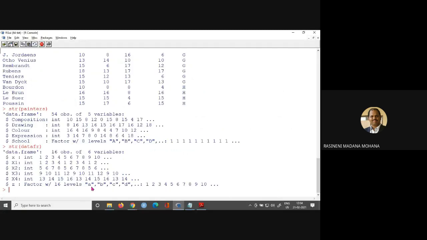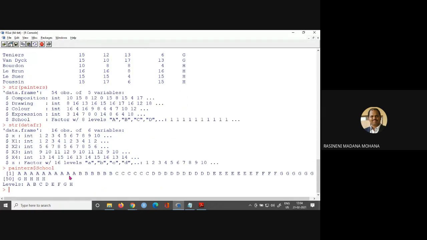Now let us try this one. So here painters, using the dollar symbol, whatever the attribute, if you want to display school. Now you can see, all the attribute values of school are displayed. Suppose if you want to display drawing attribute values, painters dollar drawing, D capital.